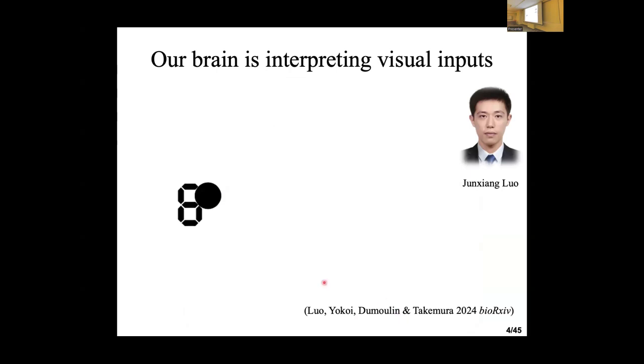Let's enjoy. This is a phenomenon our postdoc Junshan Lo discovered. Just point out this number, which number do you recognize? Speak out. 6. Yes, good. There's some mixed response between 6 and 8. It is correct, because the occluding mask makes it ambiguous. You can actually interpret it both ways. This is called bistable perception, or perceptual ambiguity.